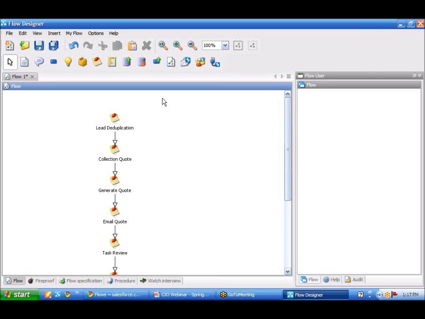So the first things you need to do with the designer: now we're thinking in terms of our process, and we'd actually like to build it out. We've all agreed that this is the quotation process that we want, and we now want to build out. So a few things